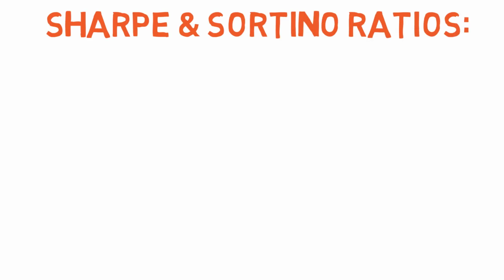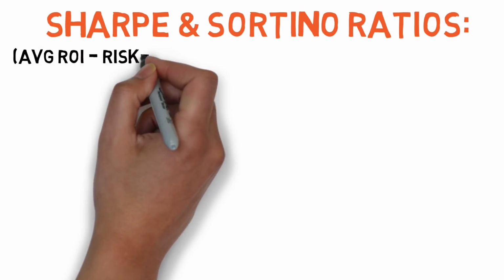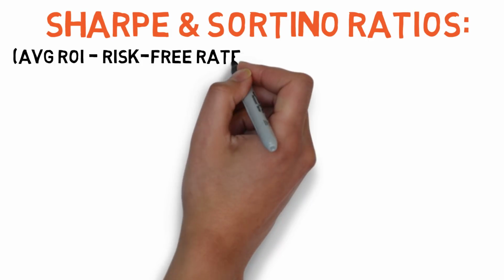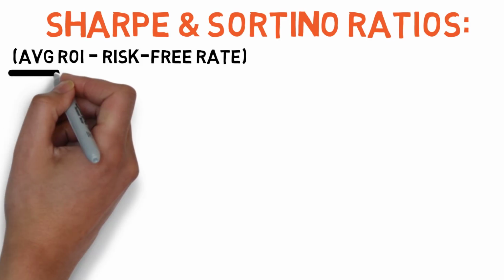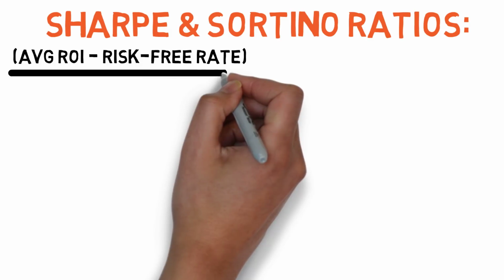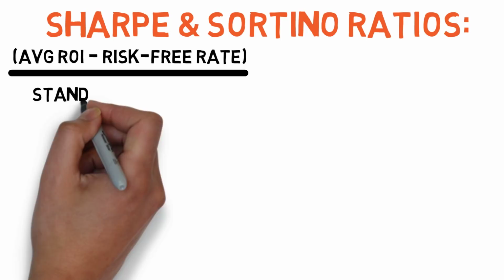The Sharpe ratio is probably the most well-known way to measure risk-adjusted returns. It measures the risk-adjusted return of an investment or portfolio by taking the average return of the portfolio over a period of time, in this case we're using 40-year stretches since 1970, subtracting a risk-free rate, which is often the expected rate of return of a treasury bill or some other cash equivalent. I'll be using treasury bills to find the risk-free rate today, and then dividing the result by the standard deviation